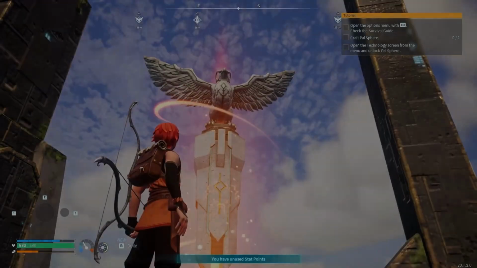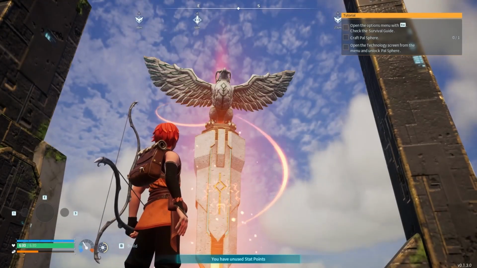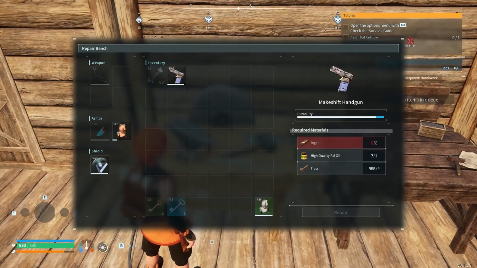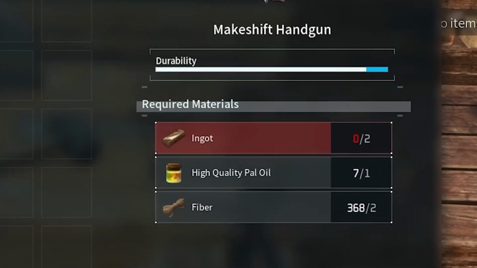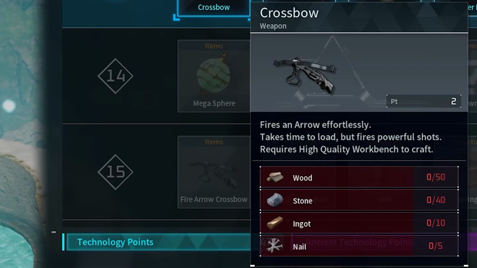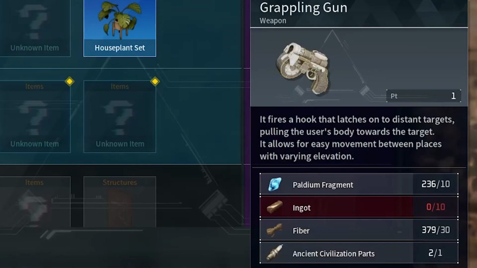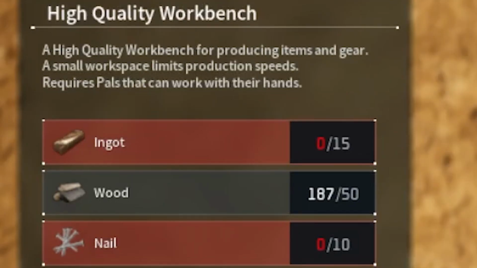Unfortunately, here's where the next big issue would emerge. Not only would these upgrades require metal ingots to craft, but I would also need metal ingots to repair the makeshift pistol that I'd already worked so hard to save up for. This would provide a rather challenging issue as I wasn't able to actually begin crafting the next tier of weapons at all. Even if I could, I would also need the high quality workbench to craft them, but...